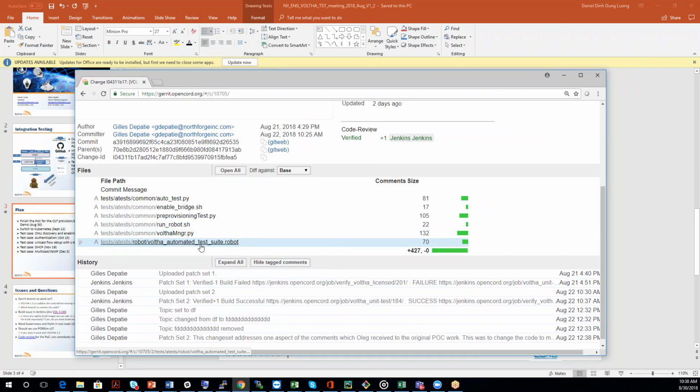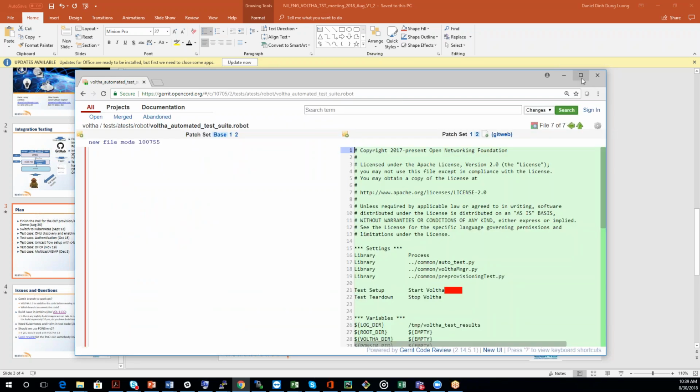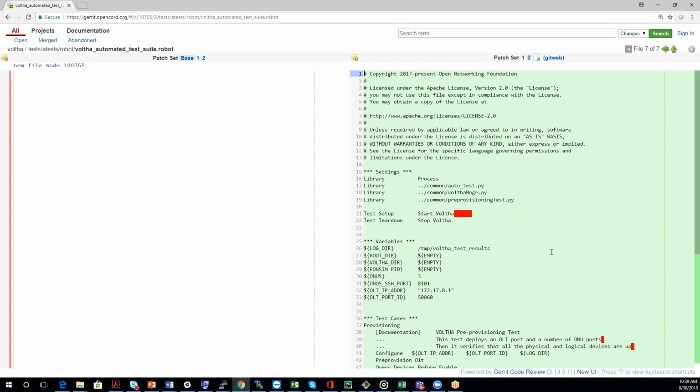So this is the code we put in the Gerrit, and the most important part is the robot script. The Python code is a low-level implementation of the function call we call from robot. So I just want to stay with the robot script. So the direction is if somebody wants to understand the test, he just needs to read this file,